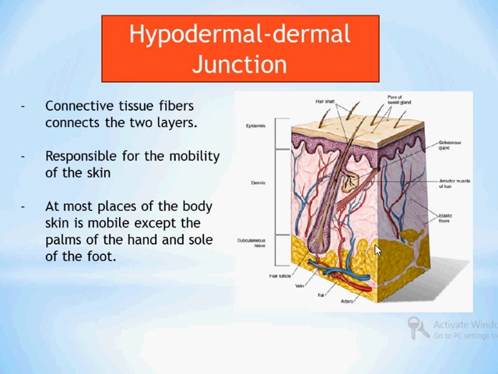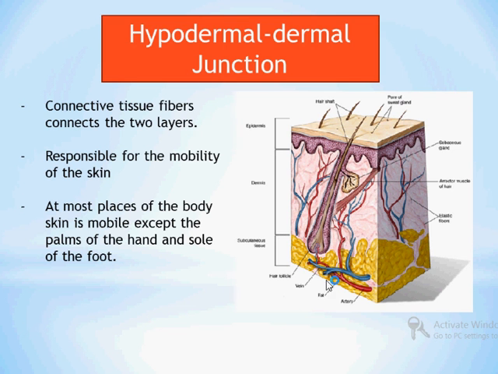But at other parts of the body, there isn't that tight a connection, it's a loose type of connection. As a result, you can move your skin over the underlying structures. For example, on the opposite side of the palm, you can just pinch and peel the skin, and this is due to the loose connection of the fibers between these two tissues. So here we are done